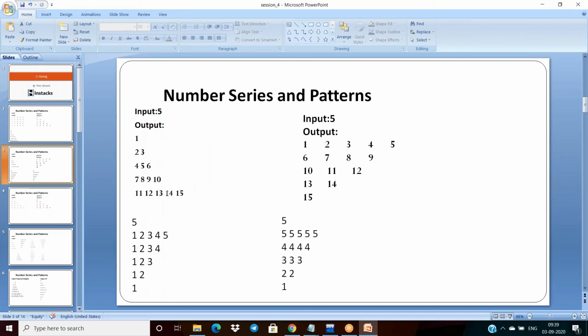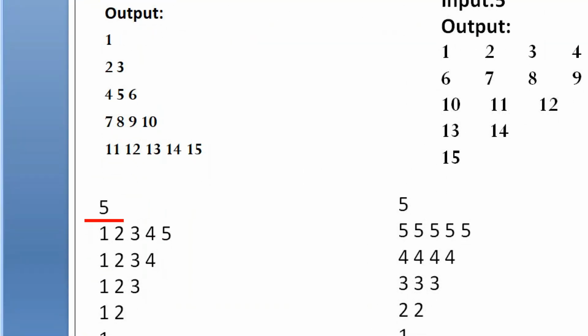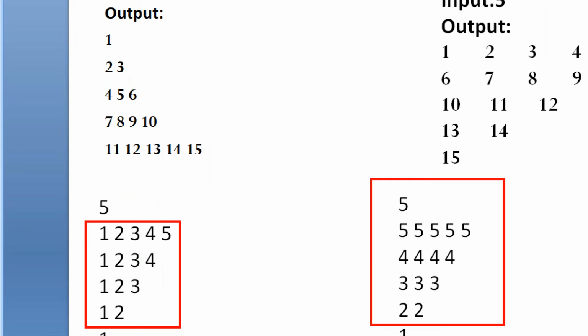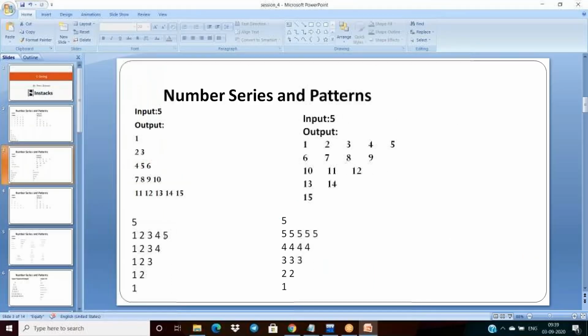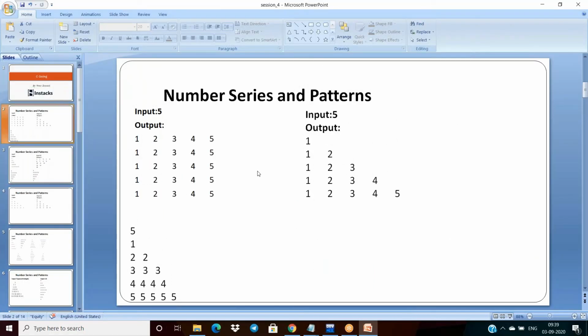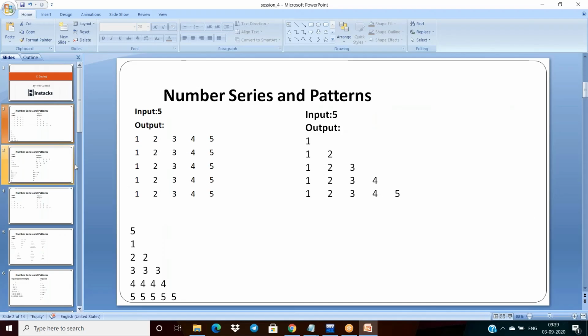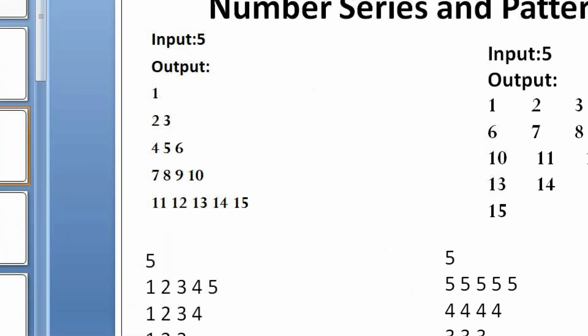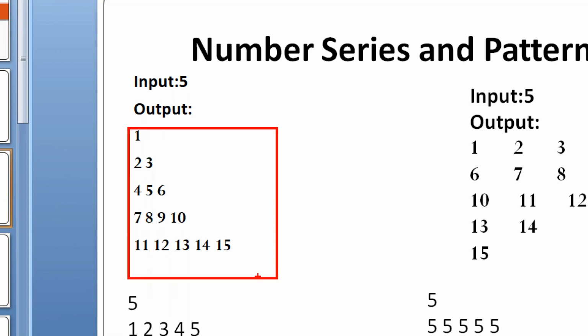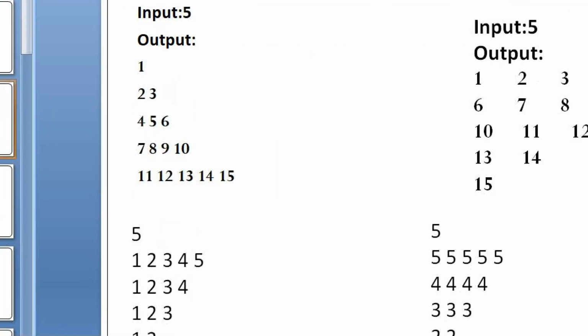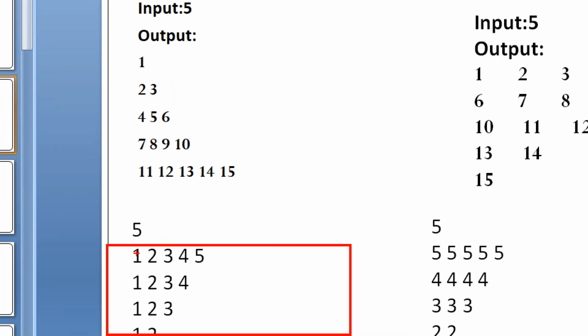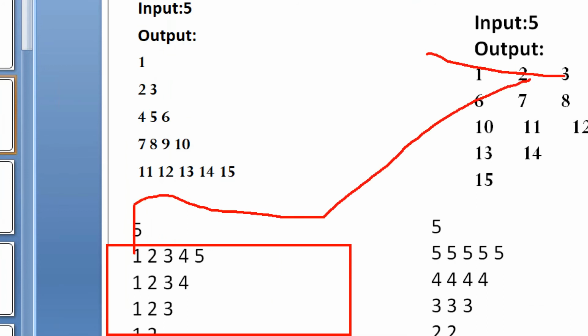Similarly, in the second case, if I am replacing this value, instead of printing the inner j value, if I am printing the outer loop variable here, then I get a pattern like this. And based on this pattern, with the help of an extra variable, if I am incrementing continuously, I can get this pattern. And with this pattern, if I am incrementing the variable, then I will get this pattern.